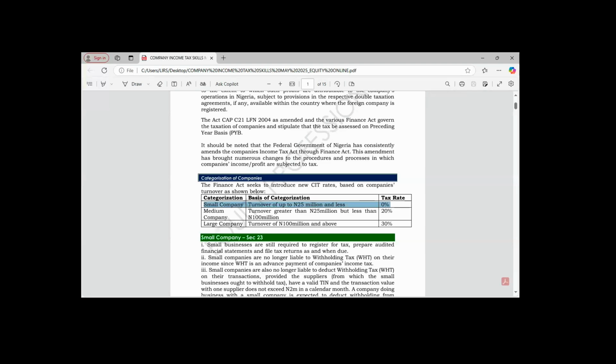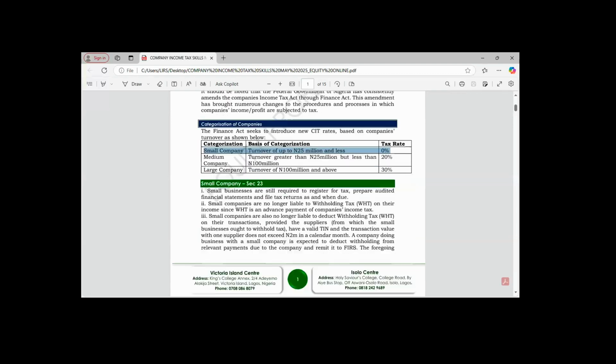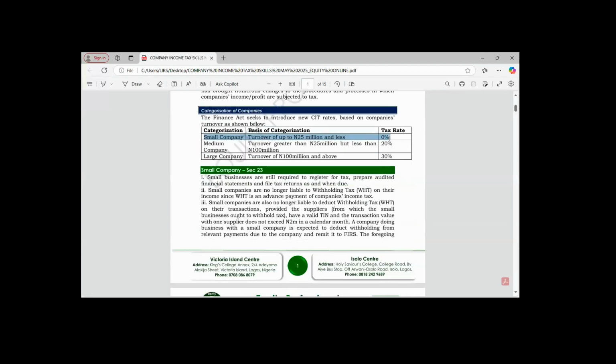We are going to start with small company. So the fact that this company is a small company, in which we said their tax rate is 0%. Small companies are also required to register for the purpose of tax. The fact that you are not going to pay tax does not exclude you from registration. As a small company with turnover of 25 million naira per annum and below, you must also register for tax and also